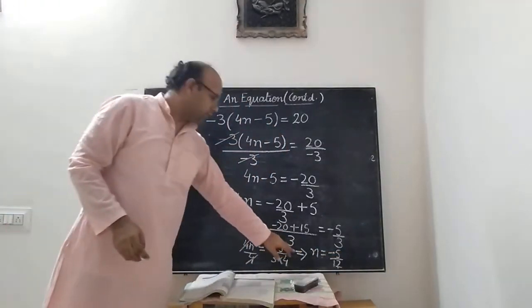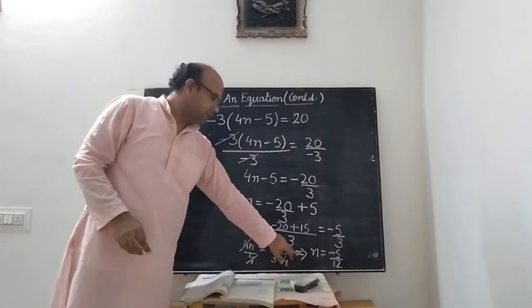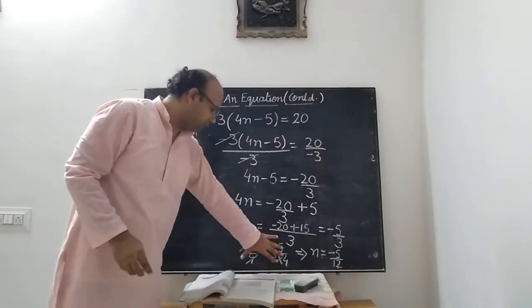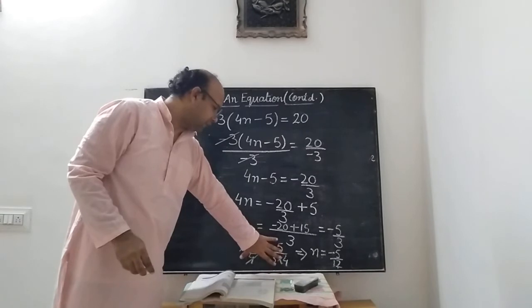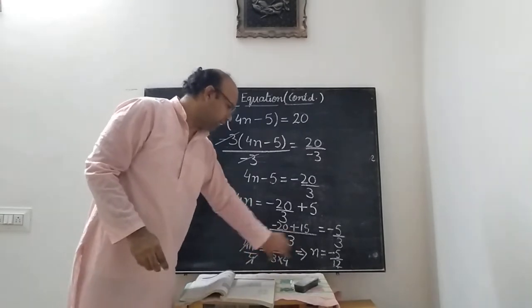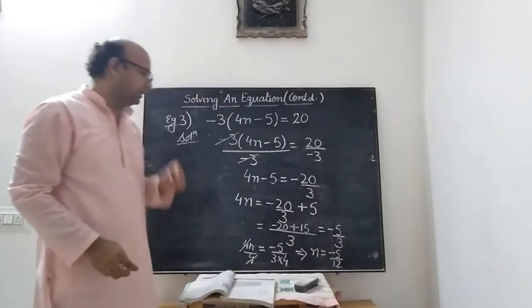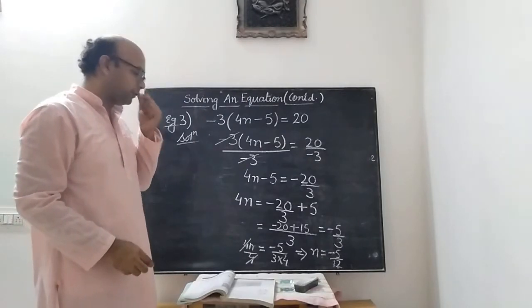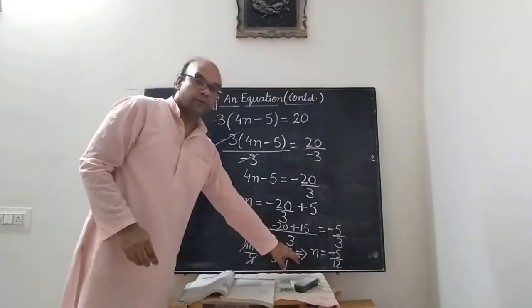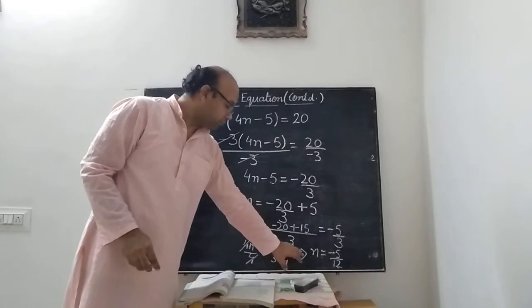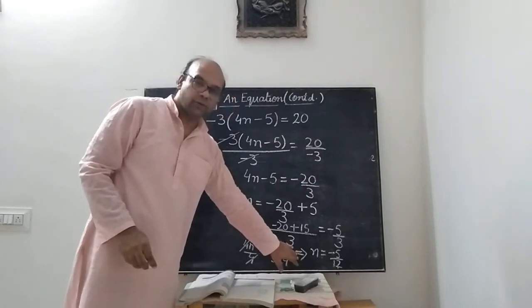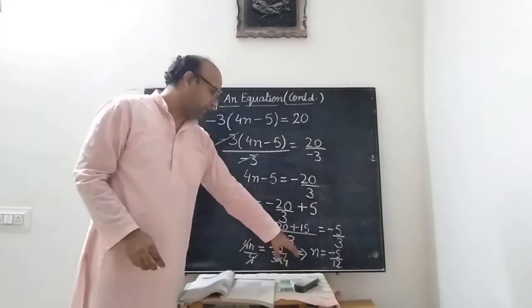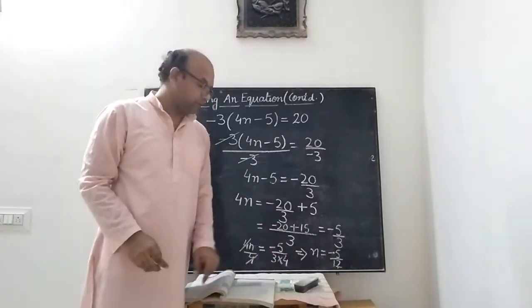Please note it down. This is the sign for implies. So this is an expression, basically an equality. This equality implies this equality. So we do not put the sign of equal to in between. Most of the students sometimes by mistake put the sign of equal to over there. Please avoid that. Put the sign of implies over there.